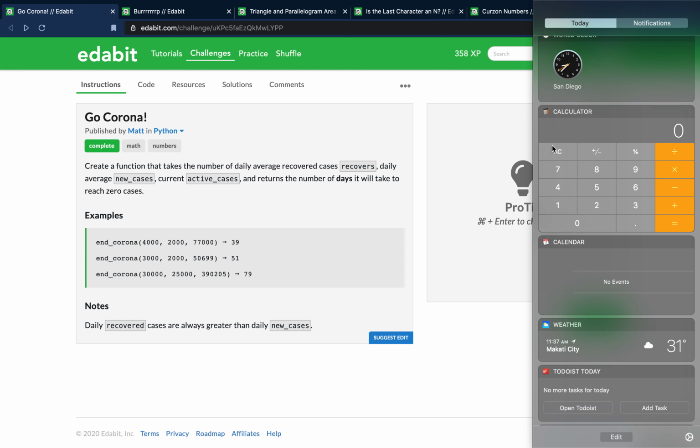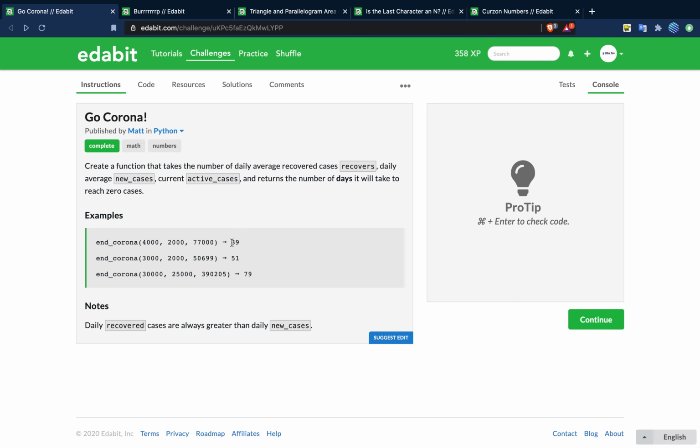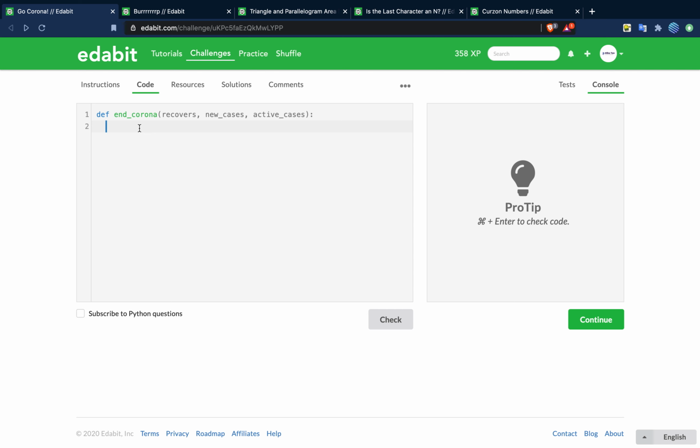So 77,000 divided by 2,000 equals 38.5. Alright, and 38.5 rounded up is 39, and we can do the same here. So 5,699 divided by 1,000 equals 51. Well, it doesn't equal 51, it equals 50.699, but rounded up is 51. And over here you can